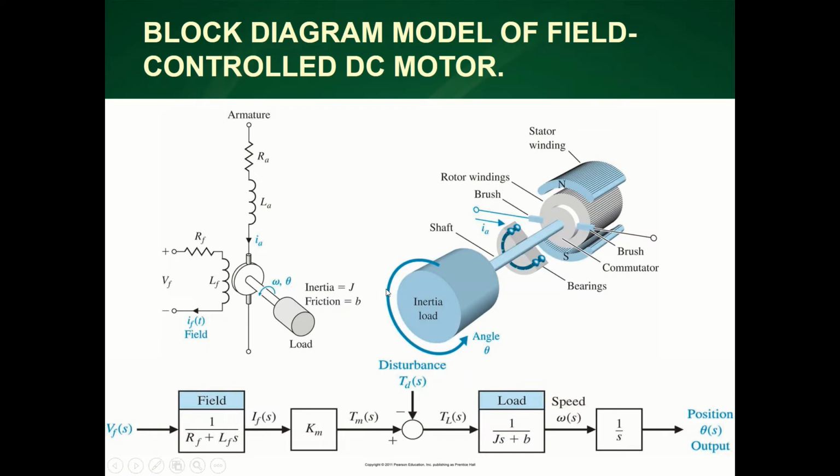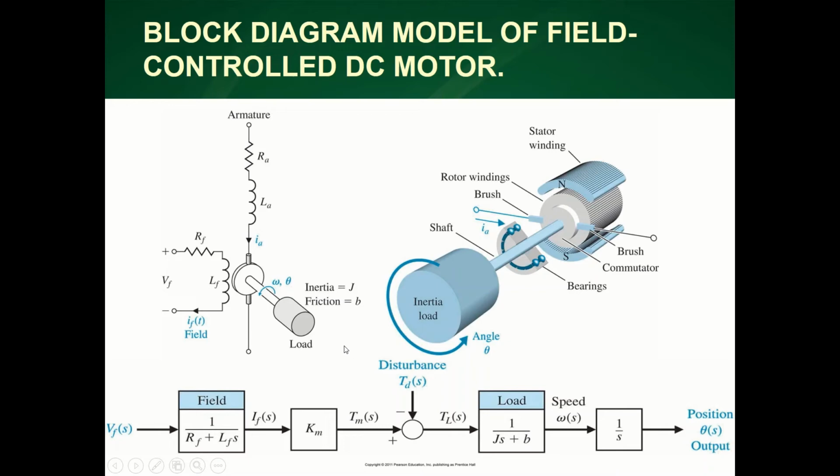Here I assume that I have a friction, so J theta double dot will be equal to minus B theta dot. And this part that you are seeing here is exactly the Laplace transform of the differential equation describing the